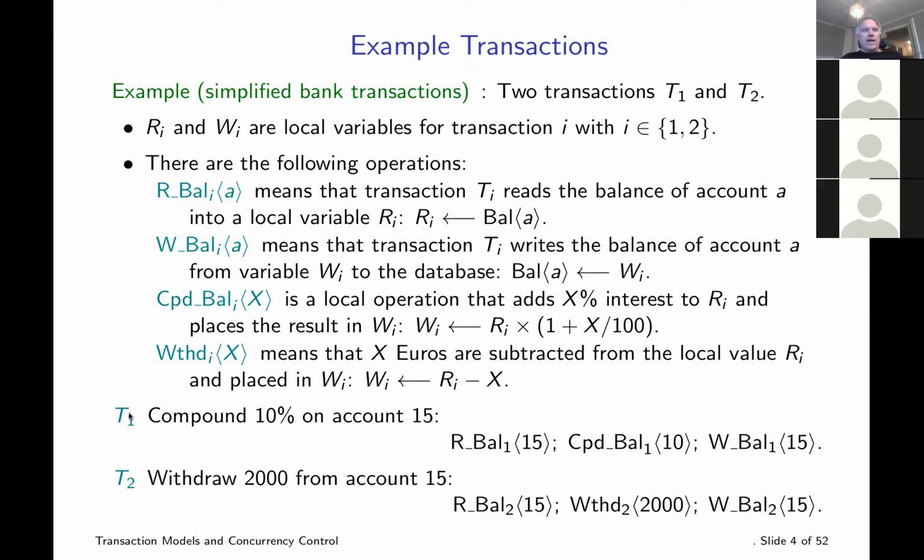So okay, we have one transaction. This is a banking transaction where it's going to compound 10%. It's going to give me 10% compound. Basically, in today's world, it'd be 0.001%. But anyways, it's going to compound the balance